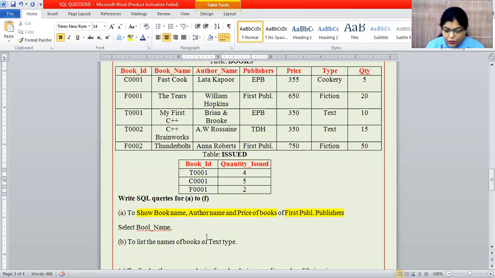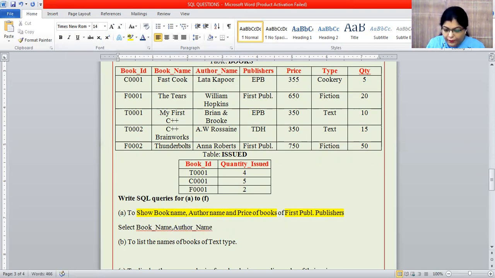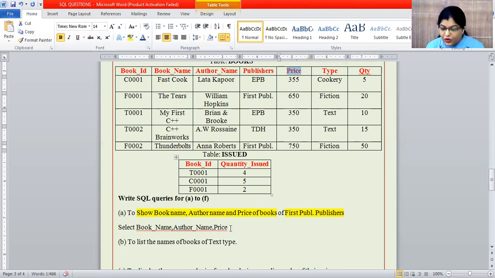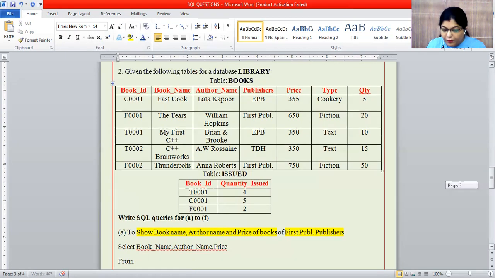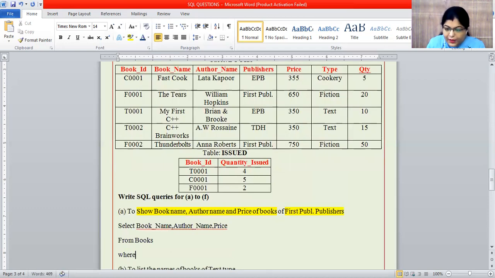Okay, so select book underscore name, then what do they want? Author underscore name, then what do they want? Price of the books. So you will not write price of a books. What is your column name? Your column name is only price. You have to write only price here. Price from, now what is the table name here? Books. So I write from books. Where, what is the condition here?